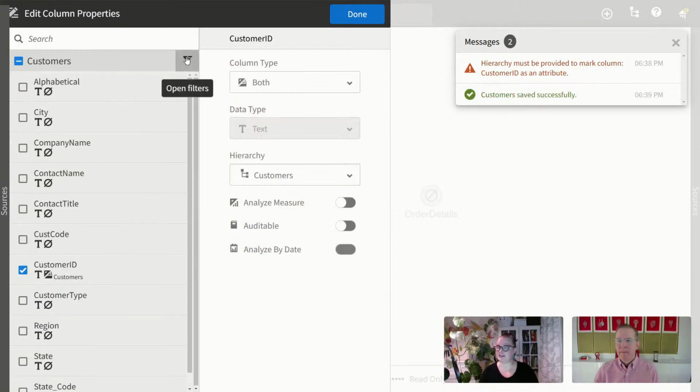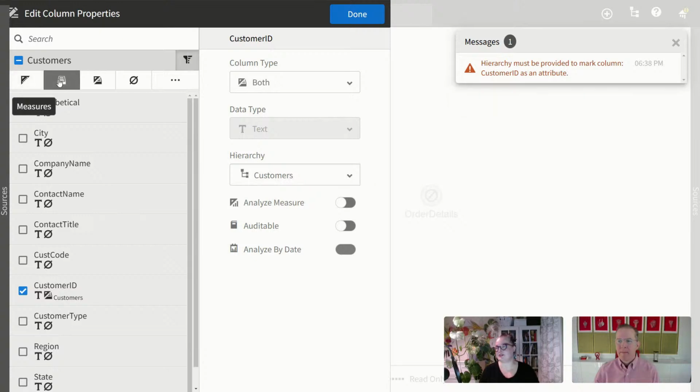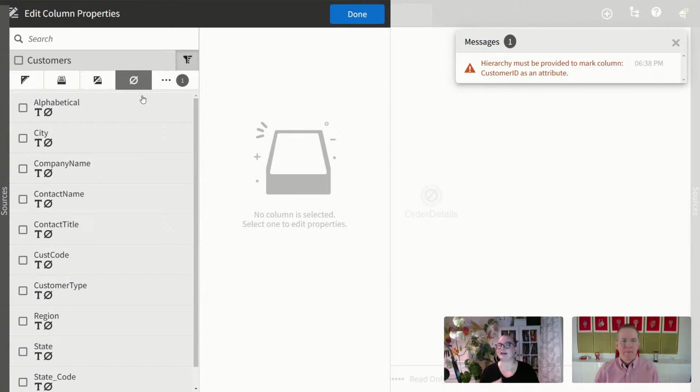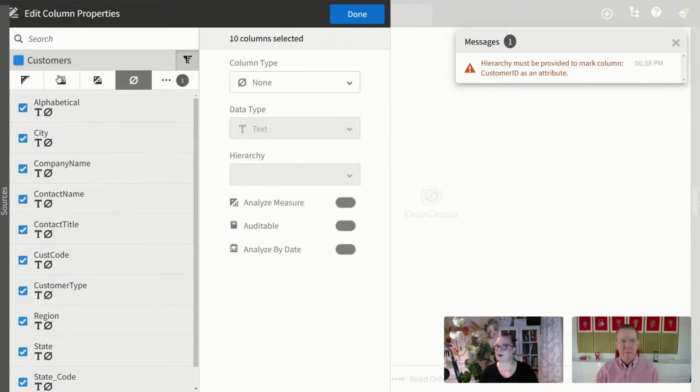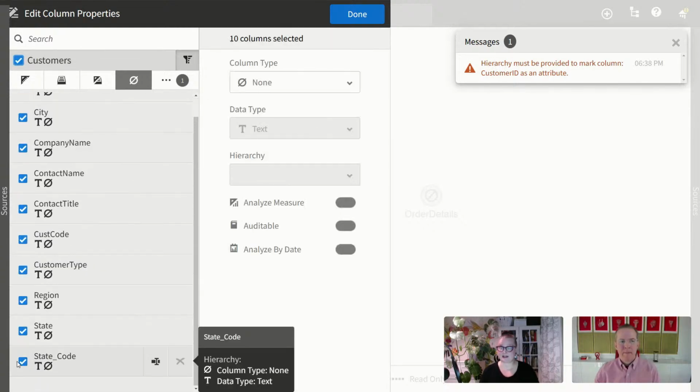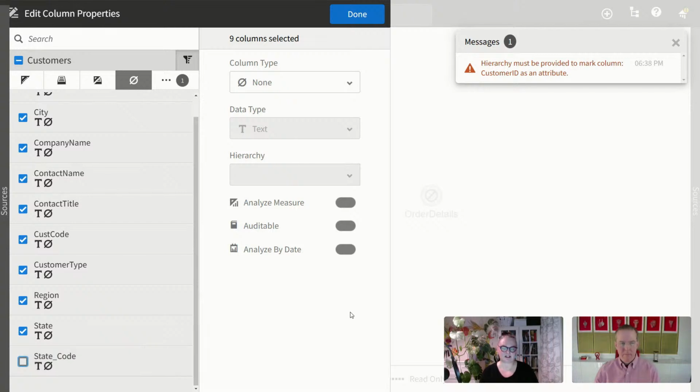I'm going to filter this so I can choose measures, attributes, both or nothing. So all of the things that have not been assigned a role in the model are now in this list, and everything else is fine. So I'm going to click on the top level, but I don't need the state code in my data. So I'll exclude that. If an item is not marked as attribute, measure, or date, then it's nothing. Then it's not going to be part of your model. So state code is going to be out. So I'll click on done,